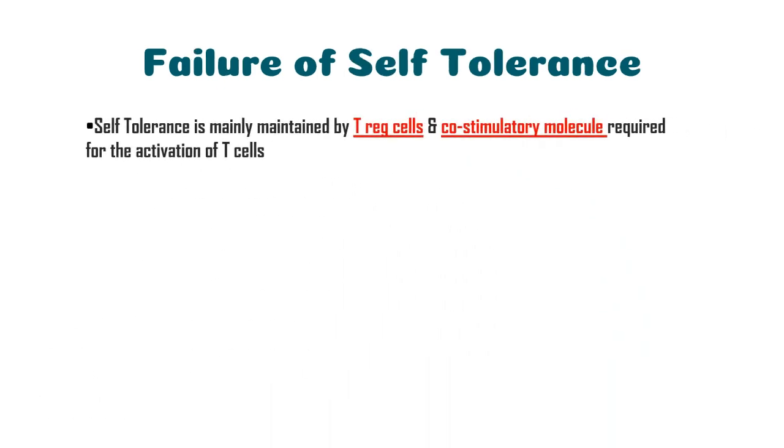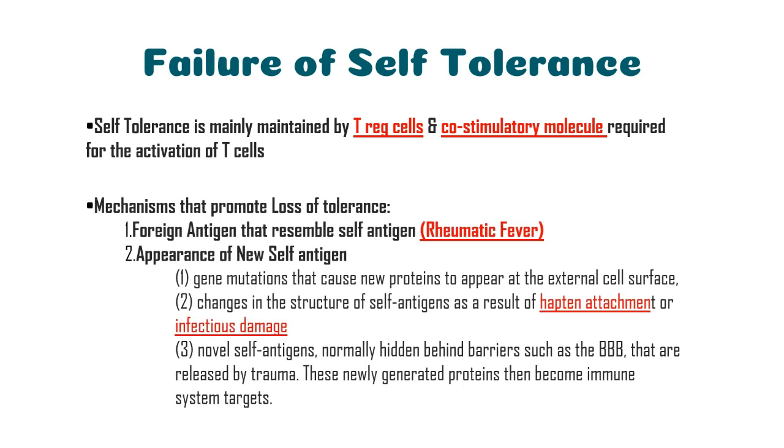So the failure of self-tolerance occurs mainly due to a defect in the action of Tregs or the co-stimulatory signal. And also there are some other mechanisms that lead to the loss of tolerance. For example, when a foreign antigen resembles a self-antigen. For example, in rheumatic fever,